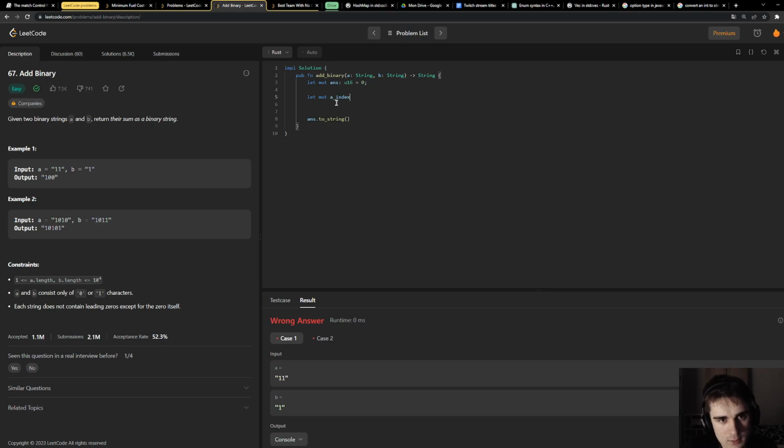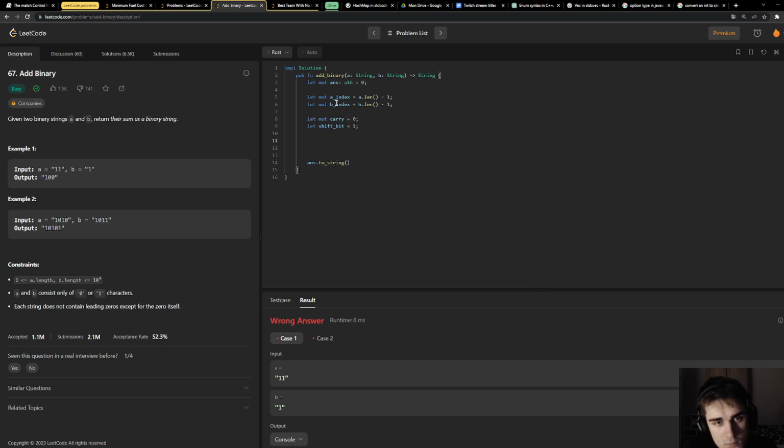Let mut a index, -1. Let's also have shift bit. What else do I need?